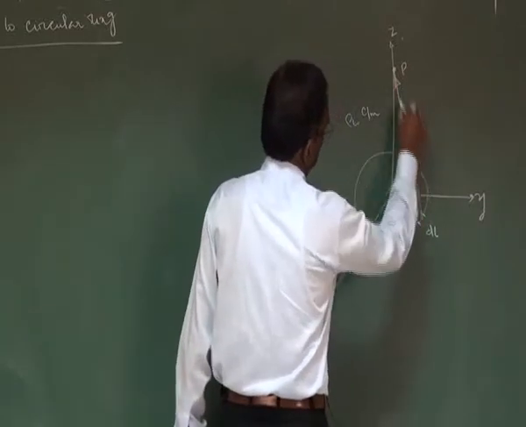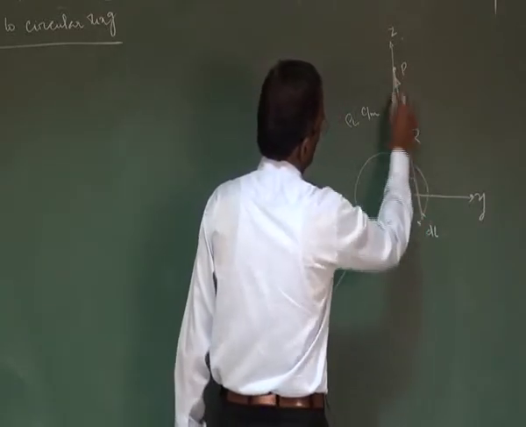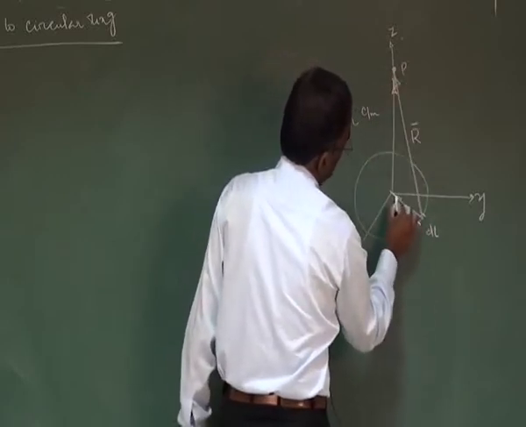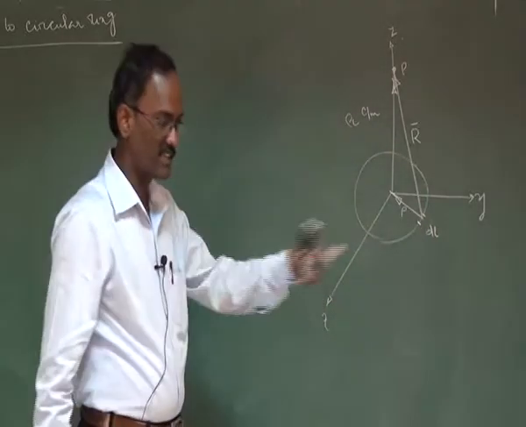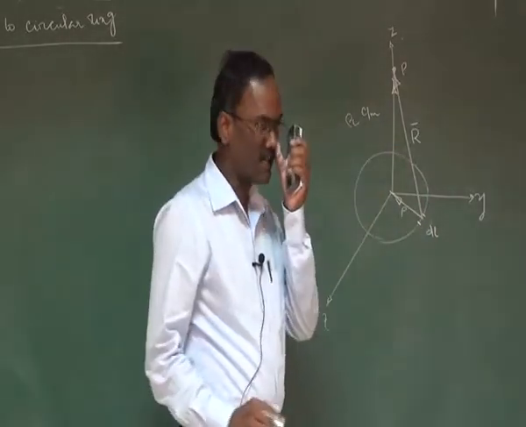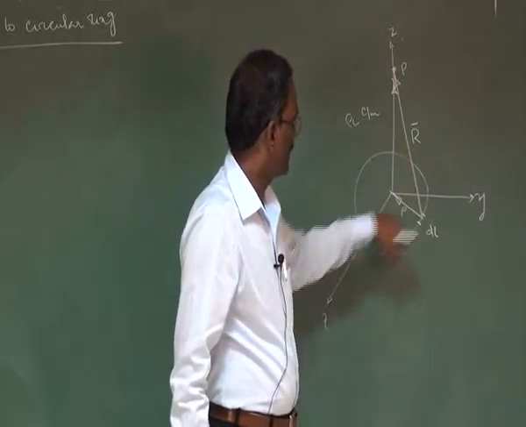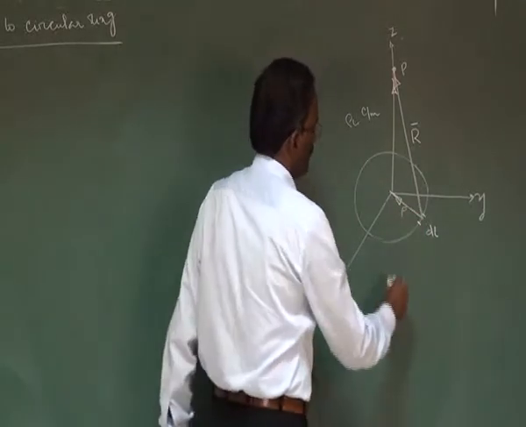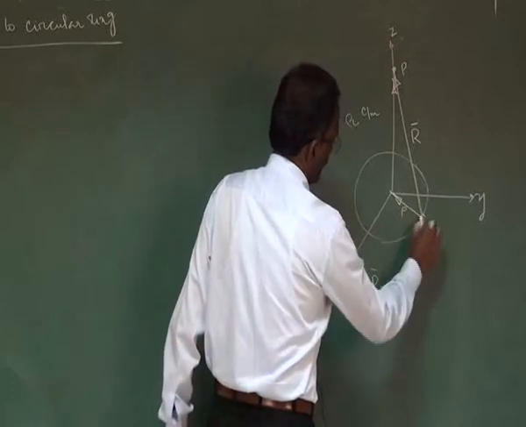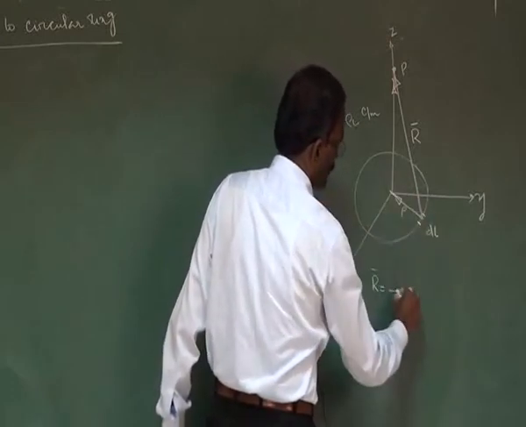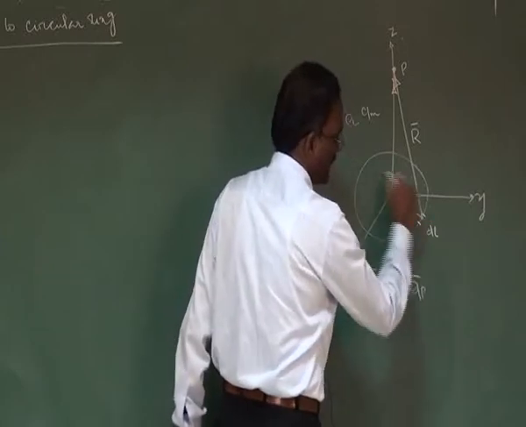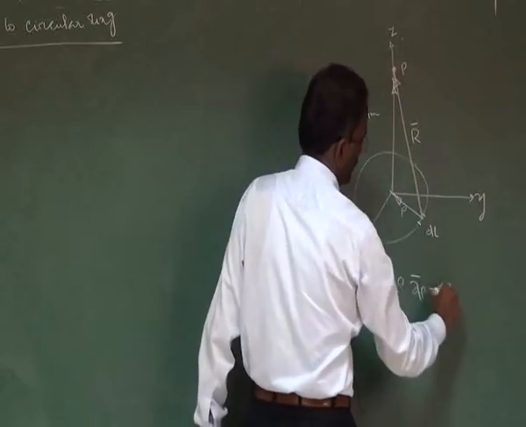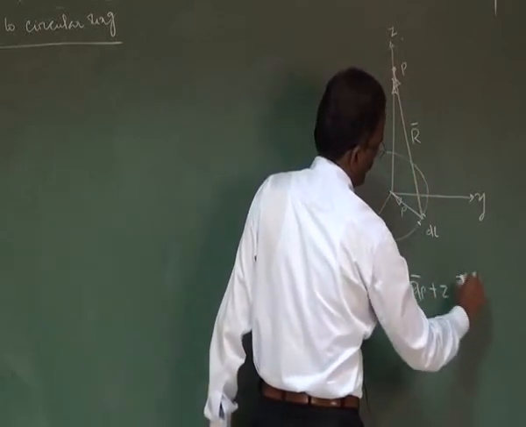So, for this I must resolve this r vector into two components. This is z component, and this vector is nothing but rho component. Rho is the radius of the cylinder or radius of the circle. In cylindrical coordinates, it is the radius of the cylinder. Here I am using one circular ring, so it is the radius of the circle, rho units, right? So, r bar I will write, rho is moving towards the origin, so minus rho a_rho bar, its direction is a_rho bar unit vector, plus it is away from the origin, so this is plus z a_z bar.